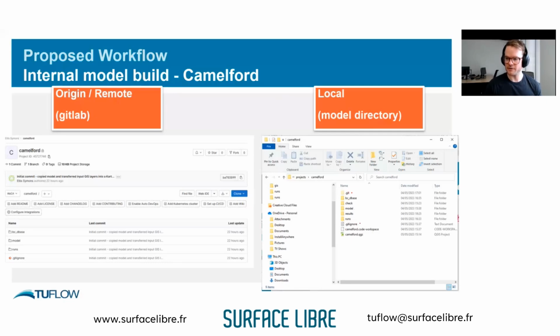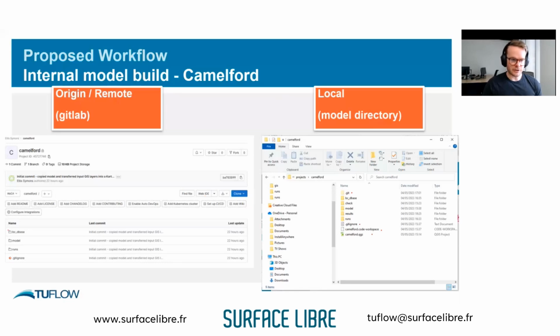The other file that you might be curious about is the .gitignore, which essentially is just a file. It's not required or anything. It's just a file that tells Git to ignore certain files. So, don't try to version this. Don't complain that it's not versioned. Don't tell me about them. Just completely ignore these files. And these can be folders as well. So essentially, you would just say ignore the results folder, ignore the check folder, ignore the runs log folder. Don't try to do anything with those folders. So that's what that file is doing. And then this, that's a VS Code workspace, and obviously that's a QGIS workspace. You don't really have to worry about those too much.